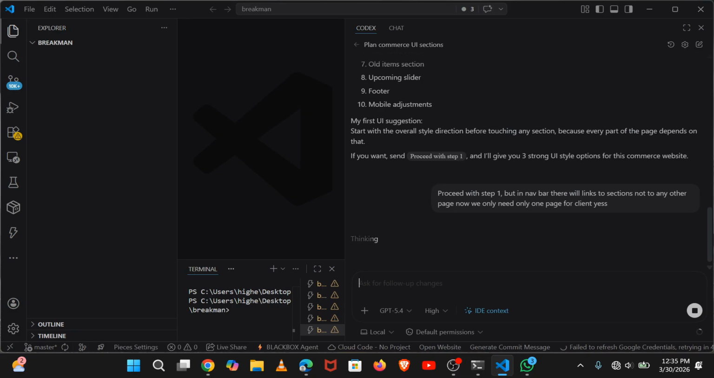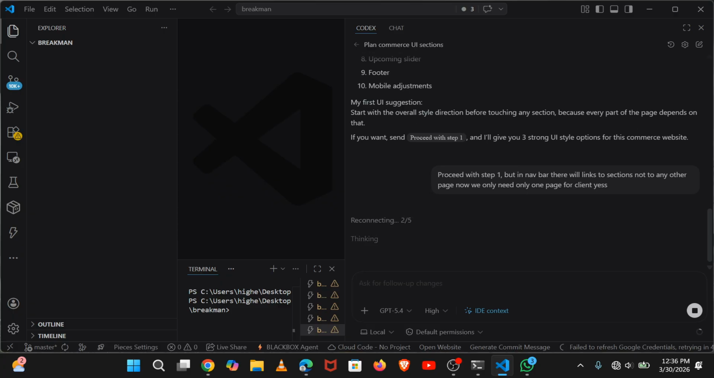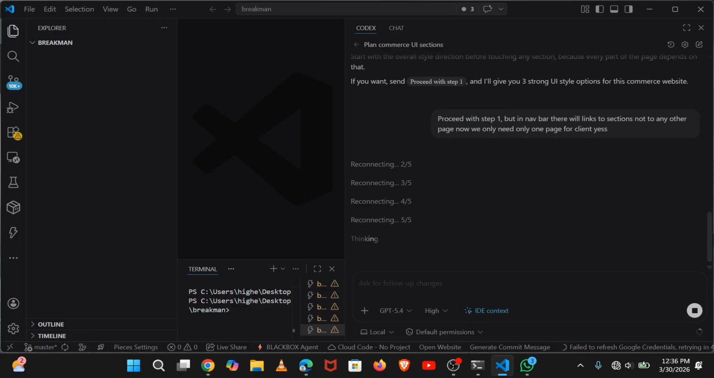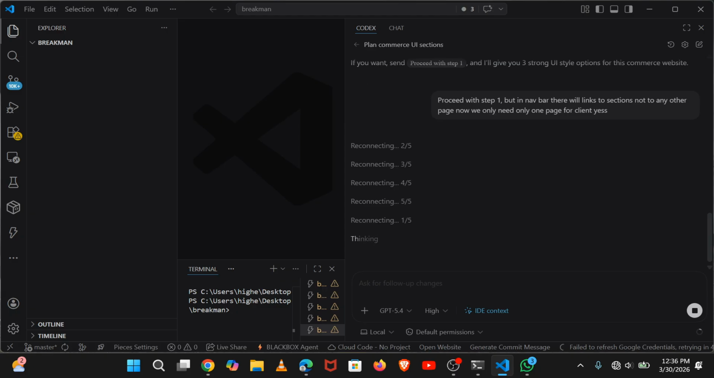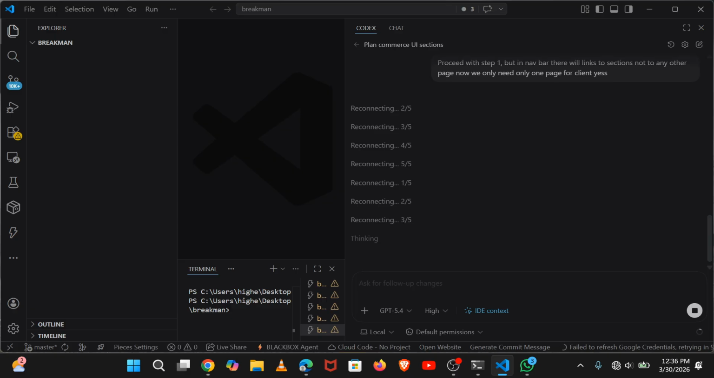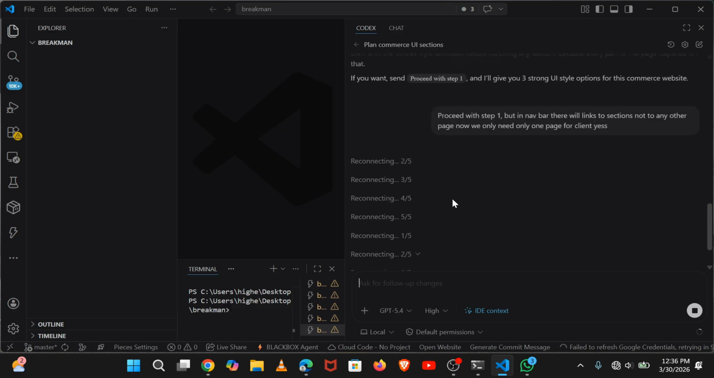And now I tell her, proceed with step 1, but in the navigation bar there will be links to sections, not to any other page. Now we only need 1 page for this client. This means what? This means that while creating the website, there are things that used to go on, and you must know the kind of website that you are building,